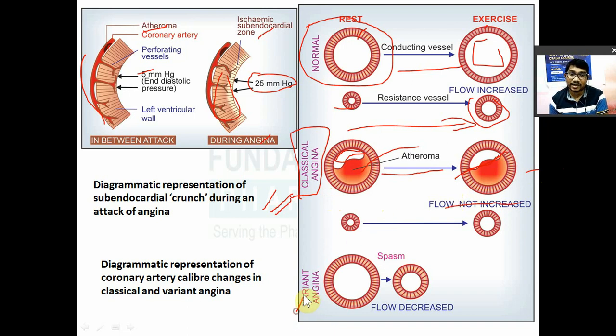And variant angina में क्या होता है? Variant angina is also known as a Prinzmetal angina, and that is due to vasospasm. That is due to spasm of blood vessel, coronary artery का spasm अगर हो गया, जैसे मान लीजिए आप मस्त